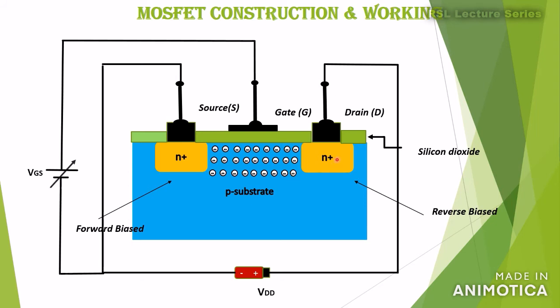As a result, the N plus region, the electrons, and the other N plus region, these three get short circuited and act as an N channel. As we keep on increasing the gate source voltage, at one particular voltage called the threshold voltage, VGS(th), the current will start flowing from the drain to source. As the voltage becomes more and more positive, the channel becomes deeper and deeper, and hence the flow of current also increases. Hence it is called an enhancement mode MOSFET.